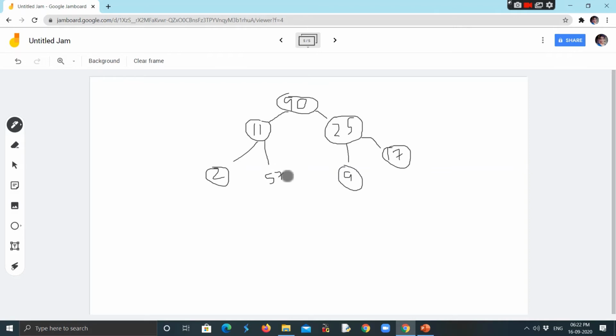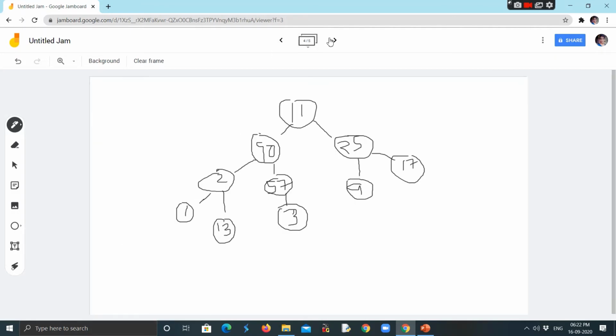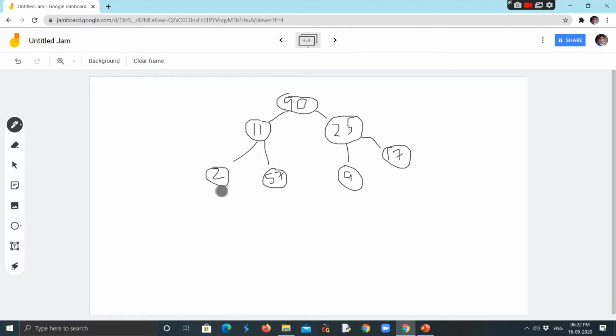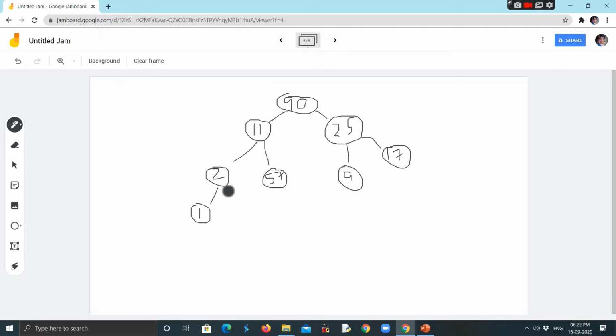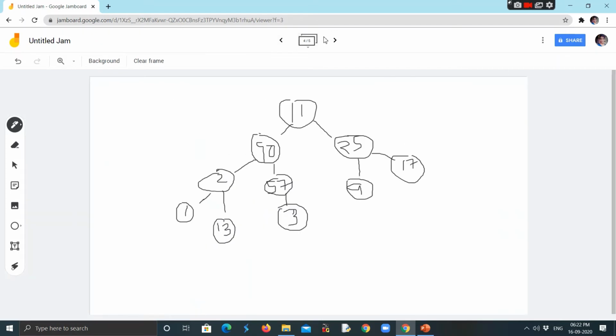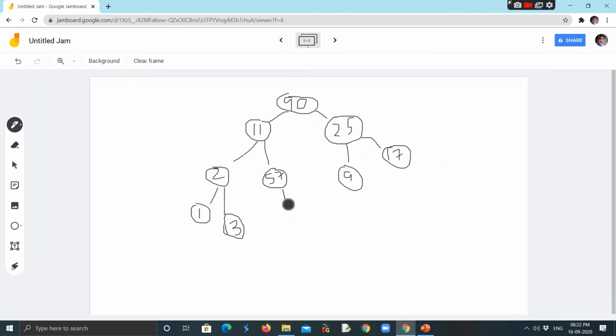2, 57. So this is easy, only the heap sorting, once you get the methodology of how it is taking place. So try to understand this, keep practicing until you get it. It's an easy concept. If you have any doubts, you can ask me. I'll be giving you some more problems in the form of assignment. 57 and 3. Yes. So we have received the topmost element now, 90 over here.